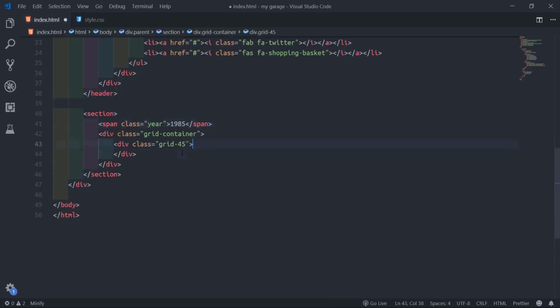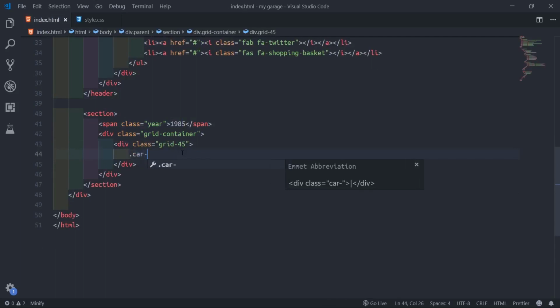So I'll come into this grid 45 now. We'll come back to that span later. In this grid 45, I'll say car details.